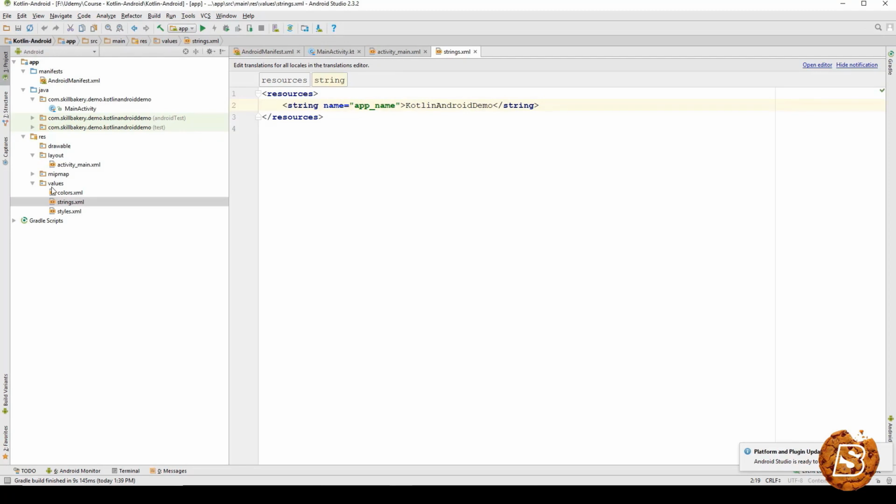For instance, for French it will be fr, so values dash fr, and inside that if you have a strings.xml file, Android will automatically pick up that strings.xml file if the language of the device is French. So it automatically does that if you just follow the convention, and for that reason we should be keeping our constants in one place. So here you can see the name, app name is Kotlin Android demo,